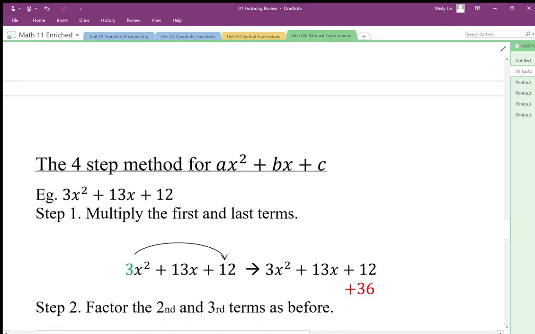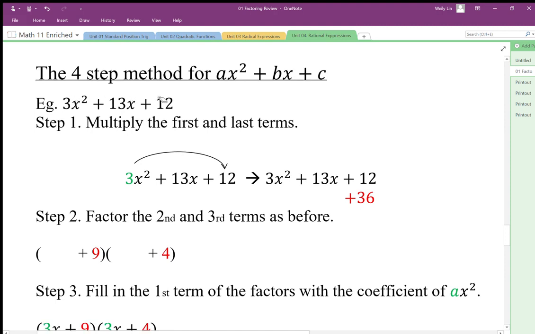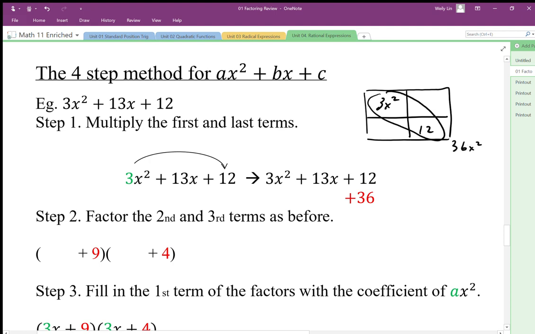So when we have a leading coefficient that doesn't factor out as a greatest common factor, we can use something called the four-step method. And this is based on this cross-diagonal product. Okay, so when I have 3x squared and 12, this cross-diagonal product of 36x squared is going to be equal to the other cross-diagonal product. So